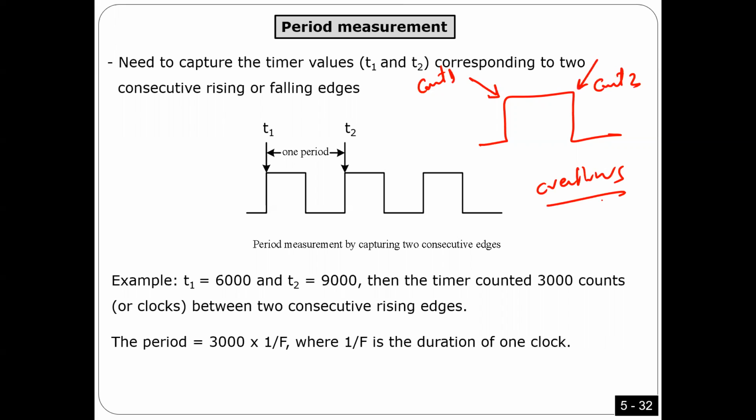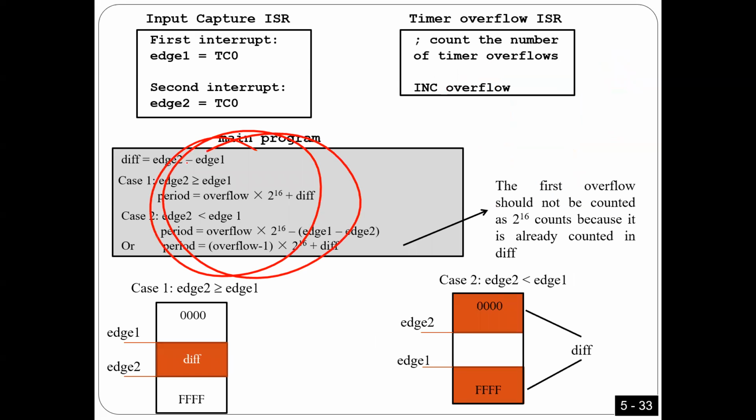That's it. So I need only 2 interrupts. Every time I want to measure time, I need 2 interrupts. 1 interrupt here, second interrupt here. This interrupt is going to give me the count here in TC. This one also is going to give me the count in TC. That's why in this interrupt, I have to store it somewhere. Otherwise, it's going to be overwritten, right? Then after I get these 3 values, I'm going to use an equation in order to get how much the time is, right? Very simple, very easy, right? As you will see right now.